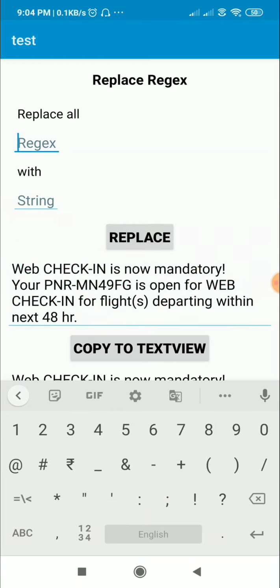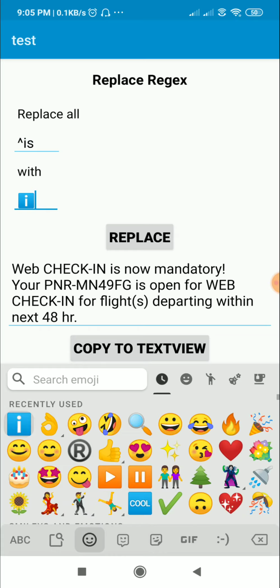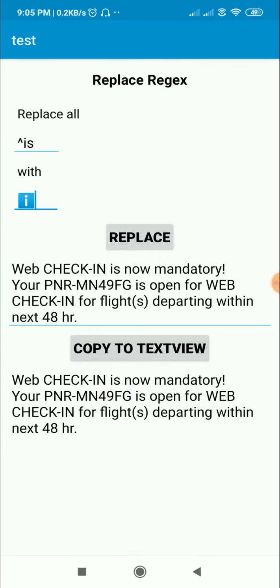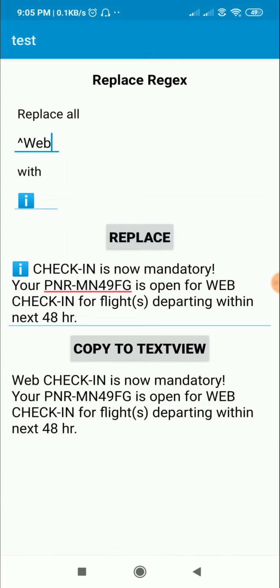So if I use the caret symbol and write web, only then it will match. If I write anything else, it will not match. Like here if I write is and try to replace it with this symbol I, you can see that it doesn't match it. But if I write web, it will match it and replace it.